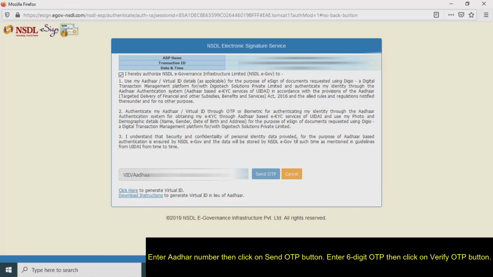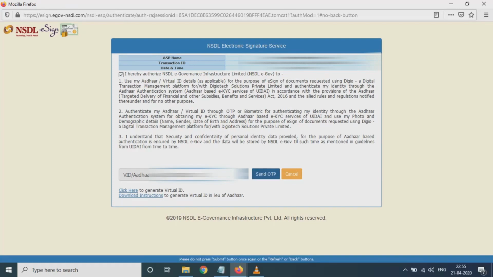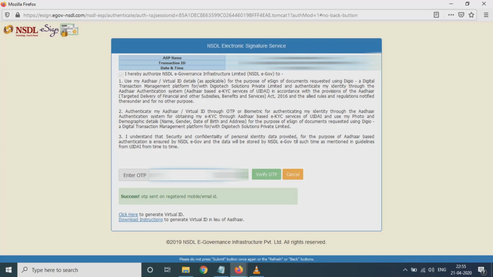You will be redirected to the NSDL site. Here you need to enter your Aadhaar number and click on send OTP. I just enter the Aadhaar number and click on send OTP. We will get the OTP on the mobile number.